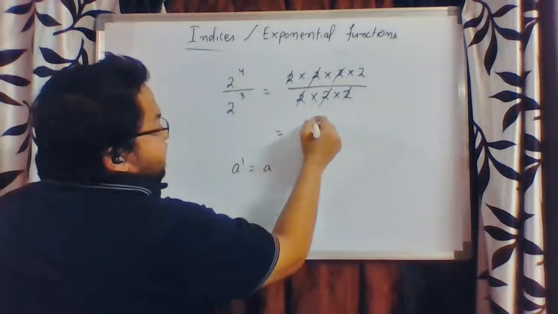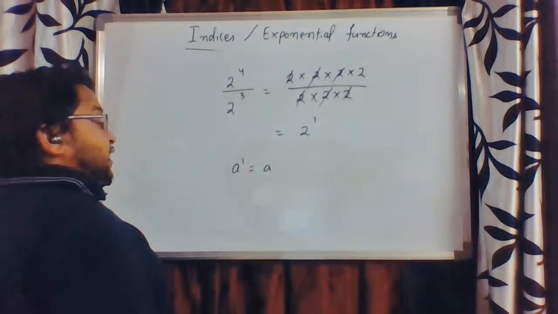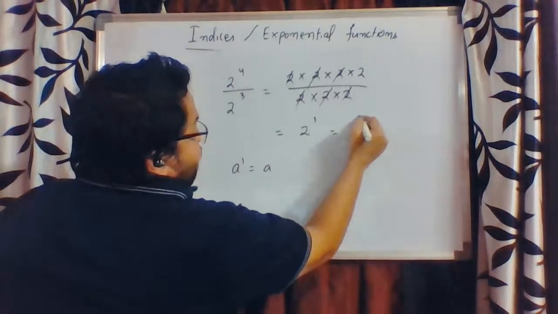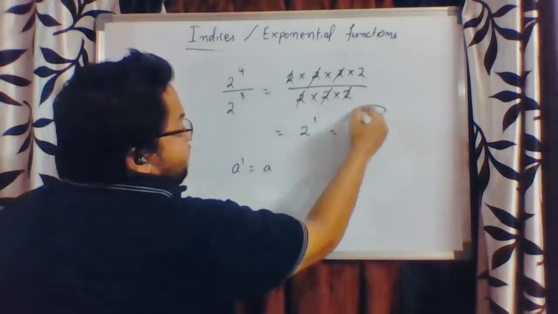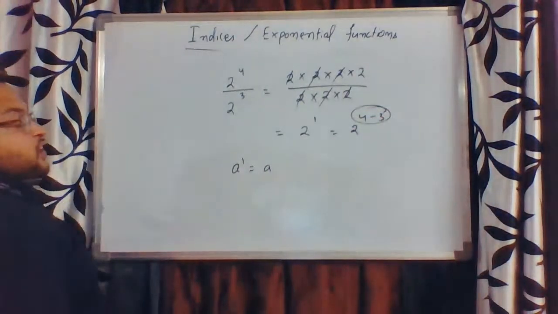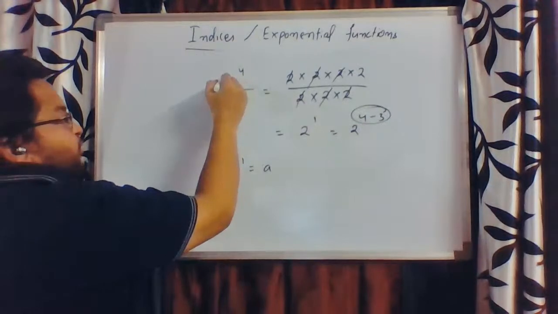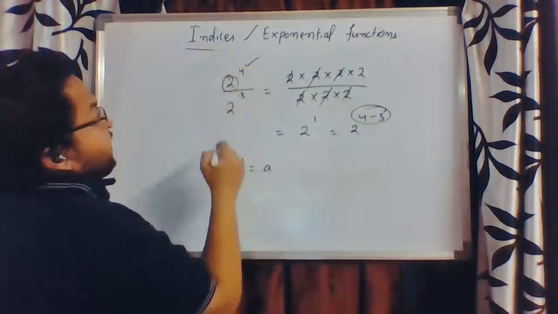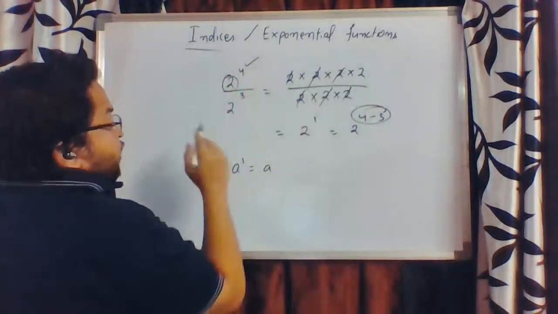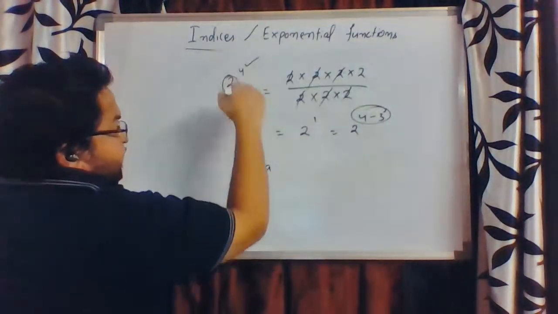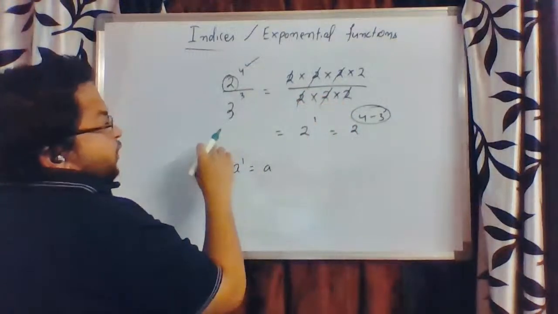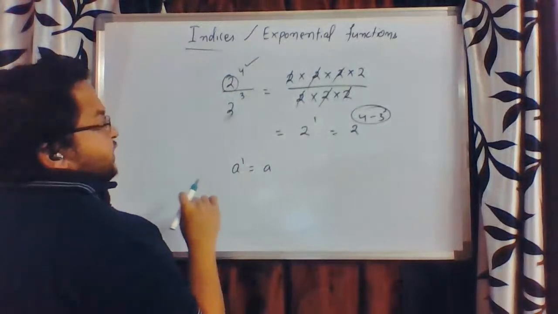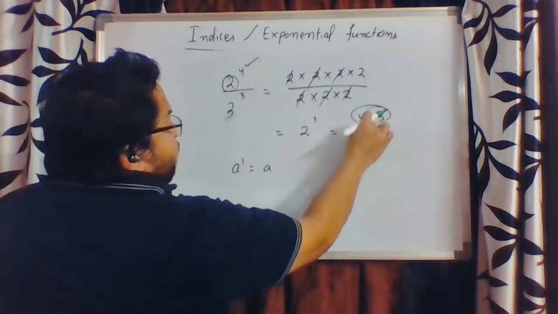So 2 is nothing but 2 to the power 1. And here, if you notice, this one is nothing but 2 to the power 4 minus 3. 4 minus 3 is 1, right? So when you have a particular base raised to one index divided by the same base. If it were, suppose, 3 to the power 3, you cannot do this operation. So the base must be the same. 2 to the power 4 by 2 to the power 3 is nothing but 2 to the power 4 minus